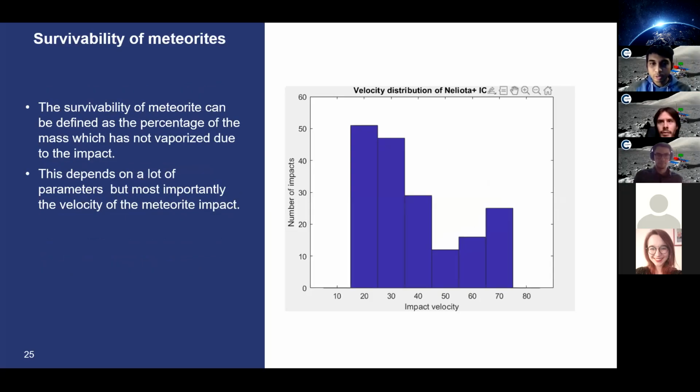So the other important thing would be the survivability of the meteorite. According to the information I got from NELIOTA and the Lunar Impact Monitor, it's been noted that most of the meteorites that strike the surface of the moon are within the range of 20 kilometers per second. So it is my belief that there would have been a lot of meteorite impacts at much lower velocities, because the telescope that we use for detecting the meteorite impact